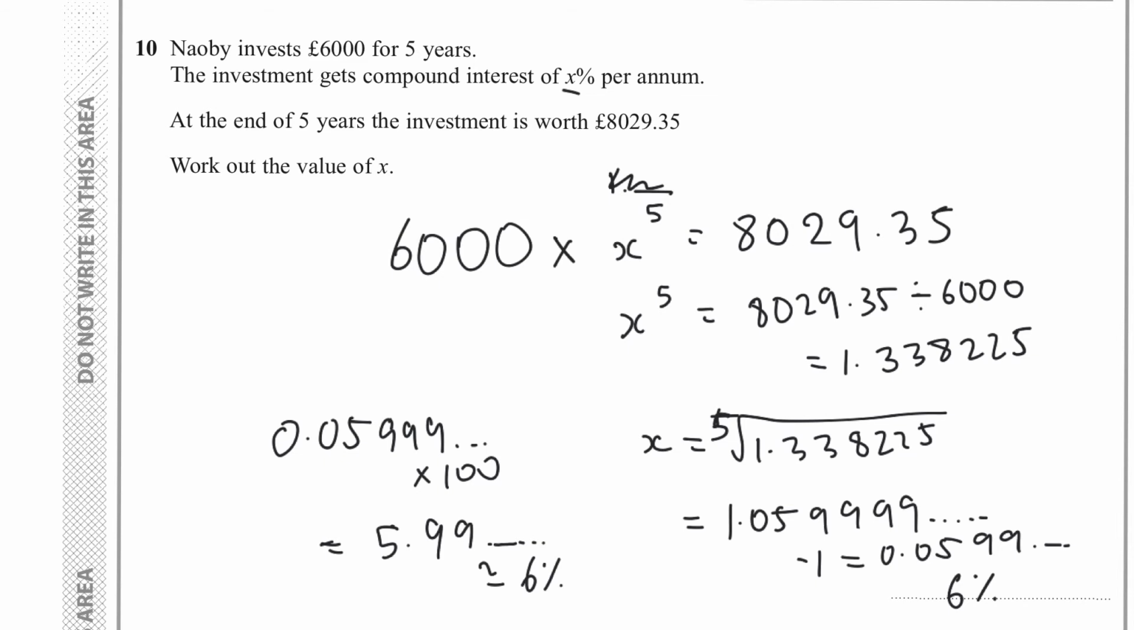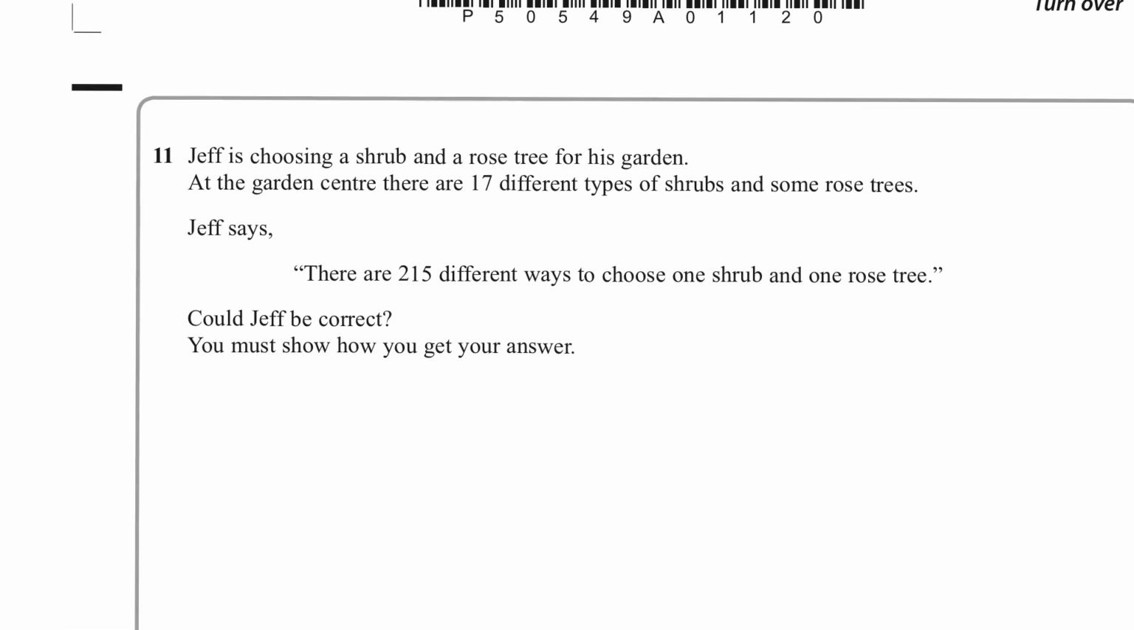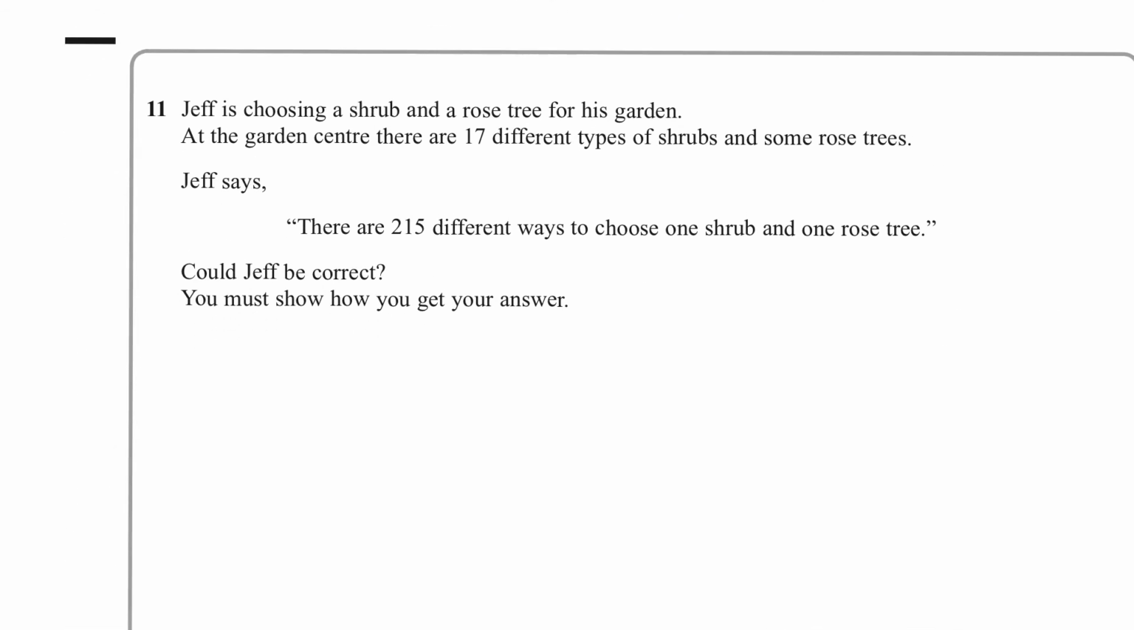Okay, so going to question 11. Question 11 is basically saying Jeff is choosing a shrub and a rose tree for the garden. At the garden centre, there are 17 different types of shrubs and some rose trees. Jeff says there are 215 different ways to choose one shrub and one rose tree. Could Jeff be correct? Well, let's have a look. So he's saying there's 215 ways,